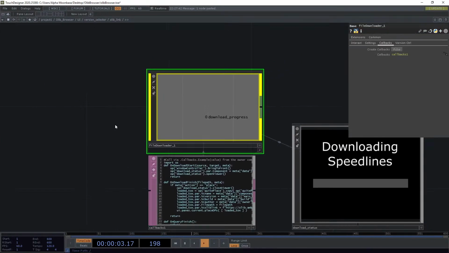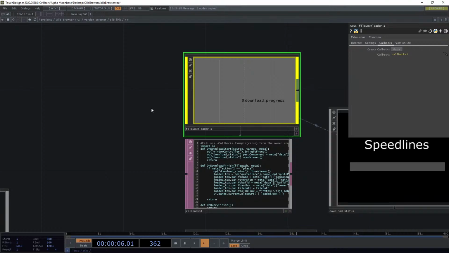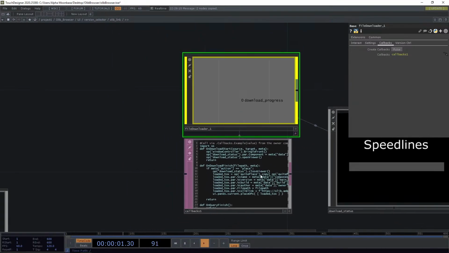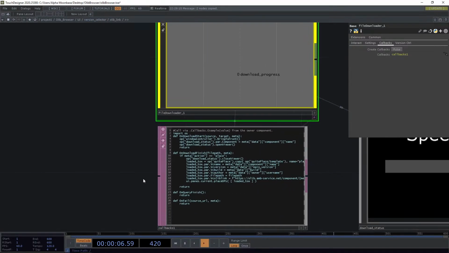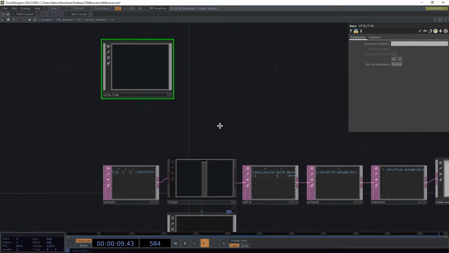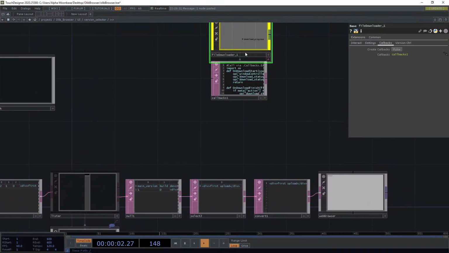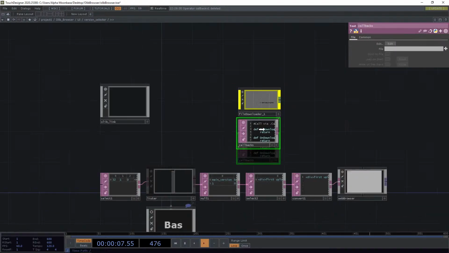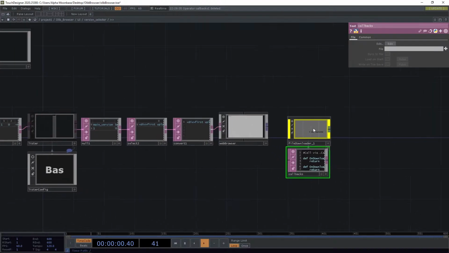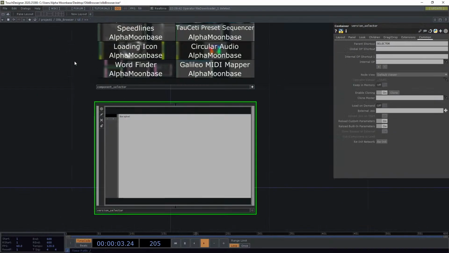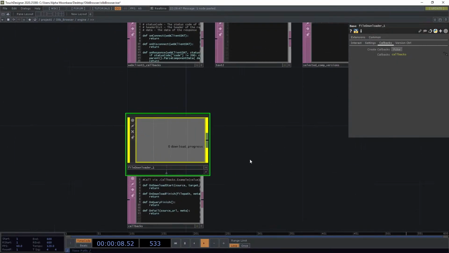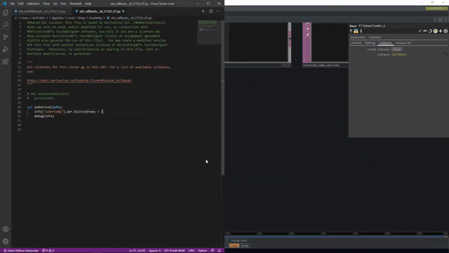But anyway, that's not what we are here for, because what we are here for is the file downloader here. Which is a pretty nice component, because what you can basically do with this one is download stuff really quick. Just gonna remove the callbacks here, create a new set of callbacks. Now, of course, we're going to move this one into the engine, because that's part of the engine. And let's go to the engine